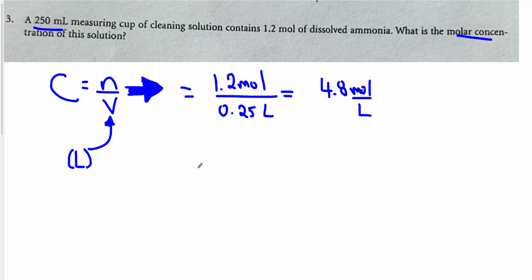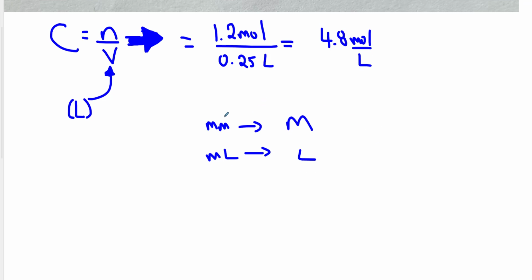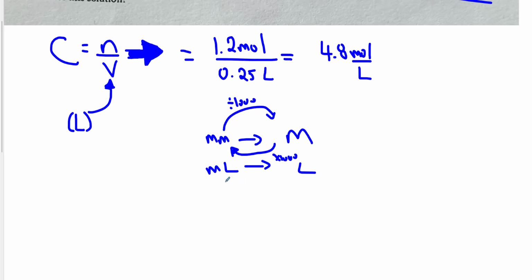Oh, okay. So it's kind of like going from millimeters to meters or milliliters to liters. It's the same thing. When you're going one way, you have to times by 1,000. When you're going the other way, you have to divide by 1,000. So it depends on which way you're going. If you're going from something bigger to something smaller, you're times by 1,000, and then here you're going to divide by 1,000. So for our case, yes,